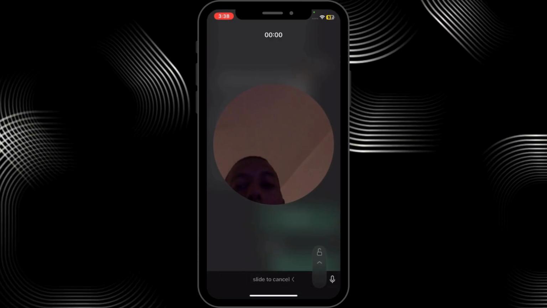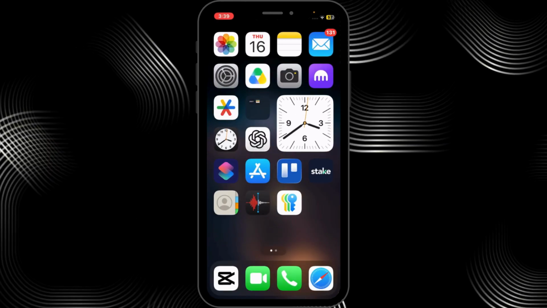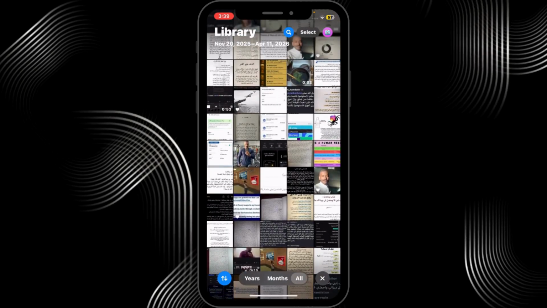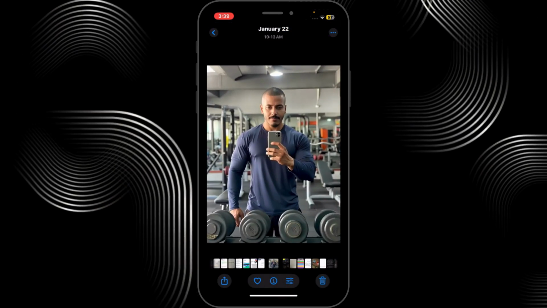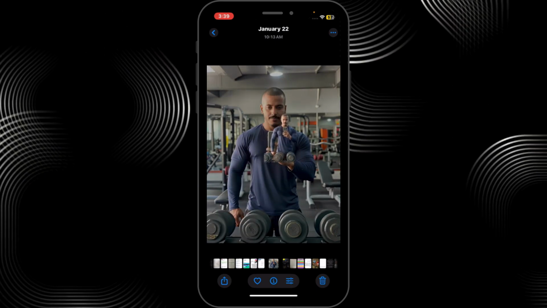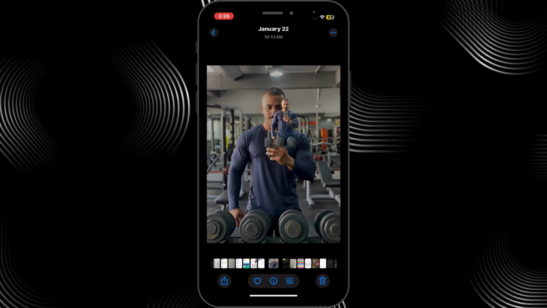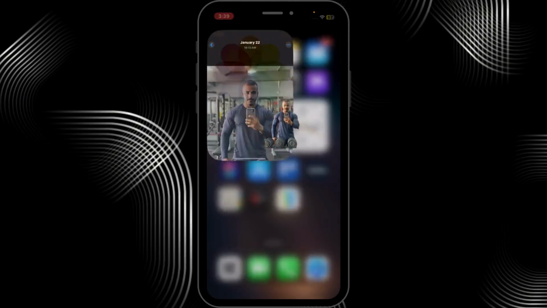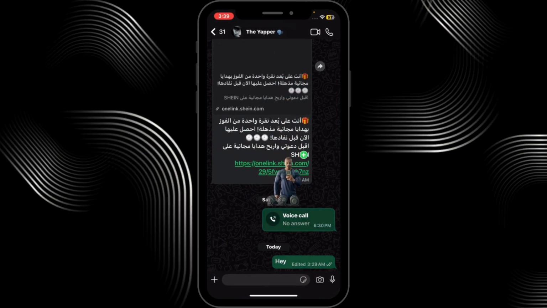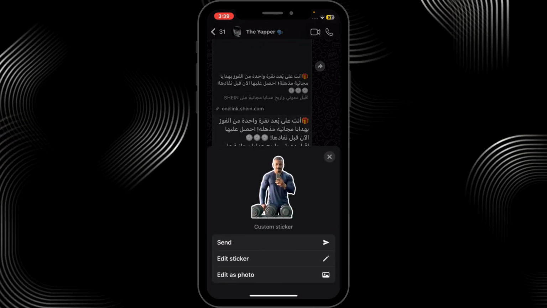So let me go back to my screen. Go ahead to the photo album, right? Choose your photo. Let's say this one. I'm gonna hold the person's body or face, and just keep your finger hanging, and use the other finger to go back. Right? Go ahead to WhatsApp again, and just drop it here, and automatically they will create a new